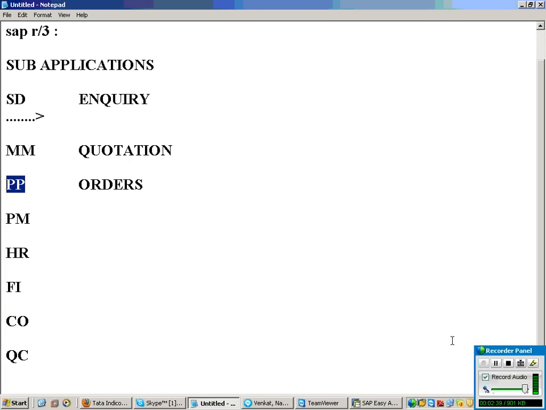Will you start your production on April 15th? You have to make your production plan in such a way that your product is ready when the delivery date comes. That means the production plan is done based on your sales order.